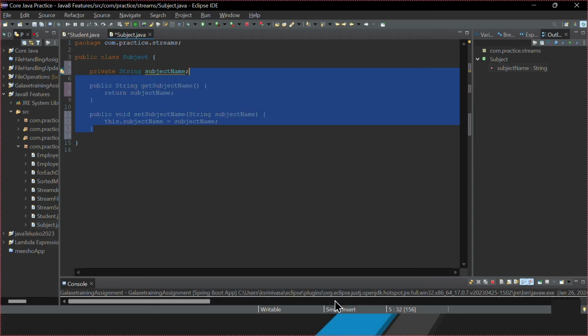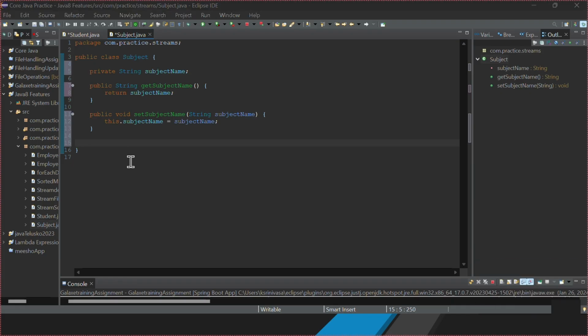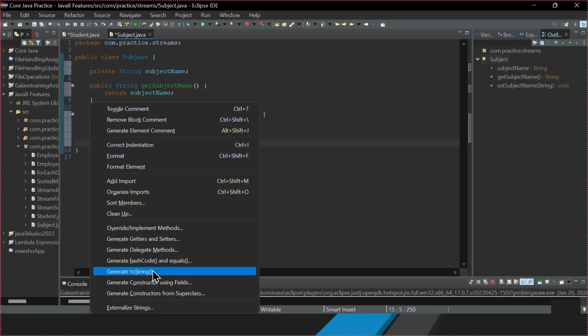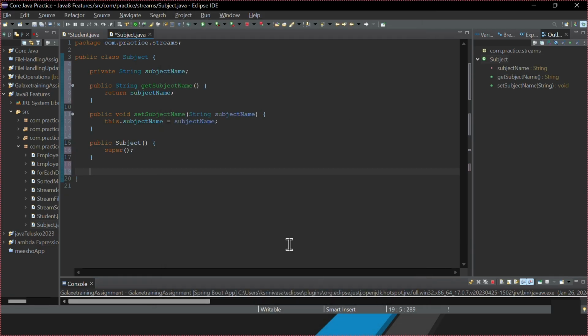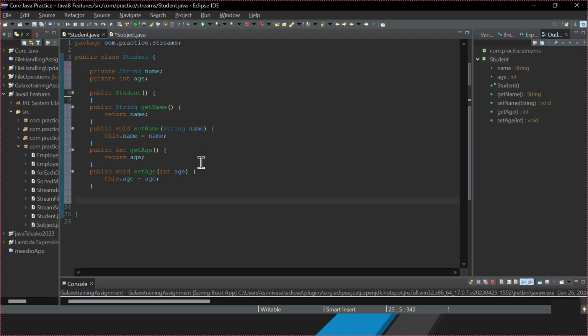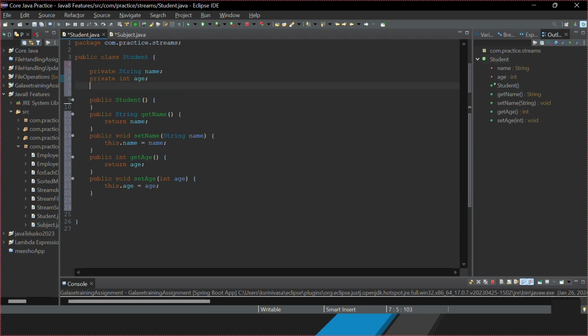Select all, generate. Now you have this Subject. If you want to add one more property called subject to the Student,